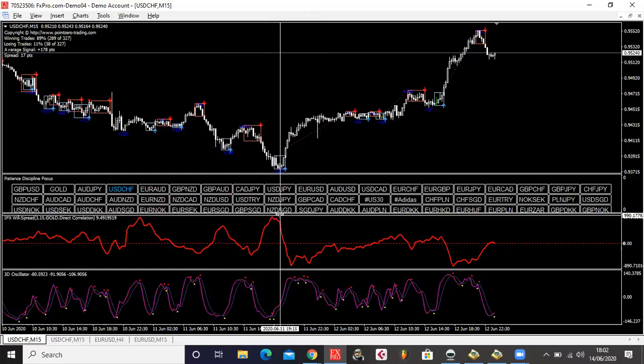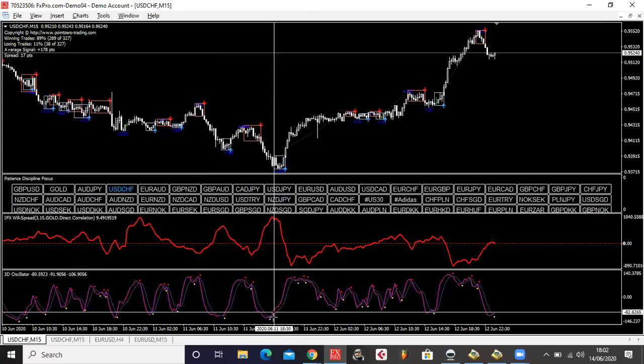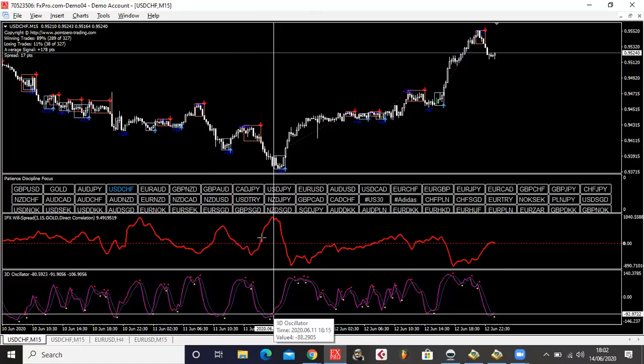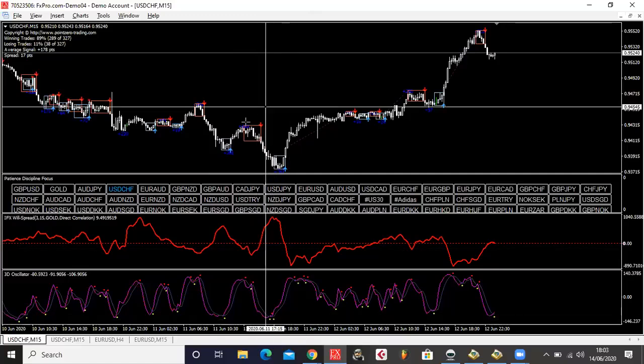Now, when there's a spike in the Williams, the next thing you want to see is your 3D oscillator crossing and giving you a buy signal, right? Now, when you see the spike and you see the oscillator giving you a buy signal, you can choose that as a signal. Let's say, for example,